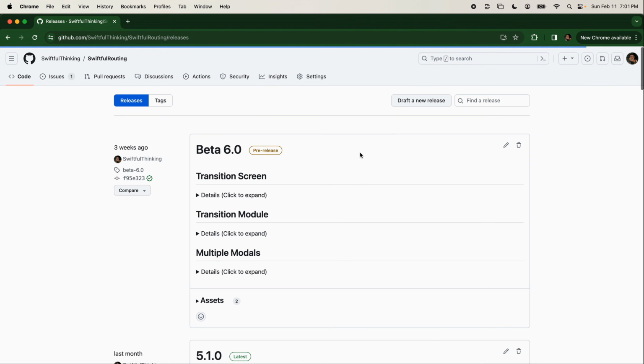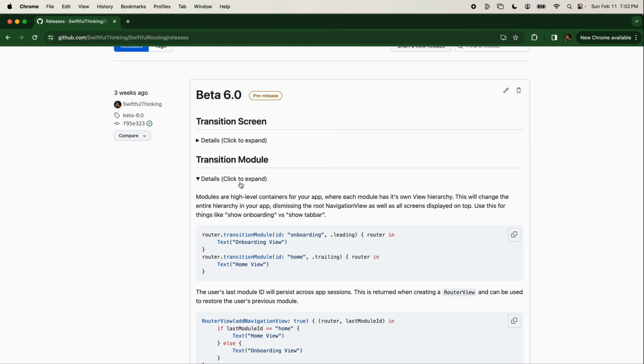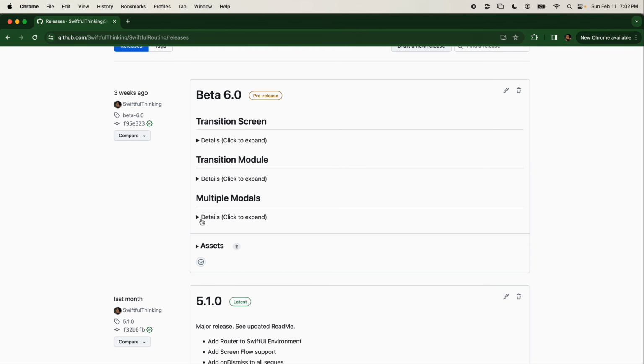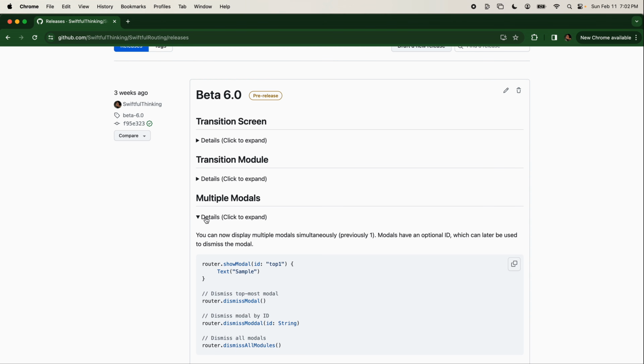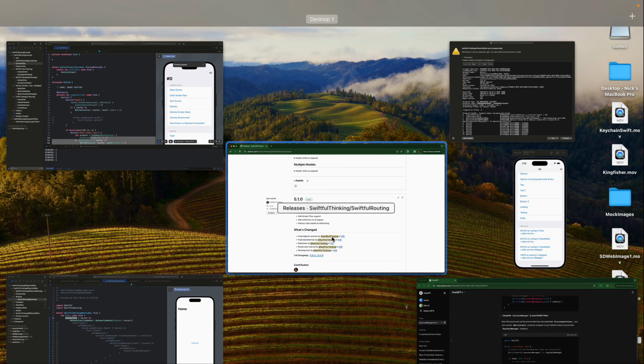Version 6.0 is in beta if you want to try it out. I will do another video when 6.0 gets released, probably not for a couple months, but that's going to be a big update where we have more transitions and module support. So you can have multiple modules in your app. Think like onboarding module, core module, and also support for multiple modals. Right now the framework only supports one modal at a time, but in this next update, it's probably going to support infinite modals at a time. So you can display a whole bunch on top of each other. Really cool stuff. Check out 5.1.0 if you're going to follow this video